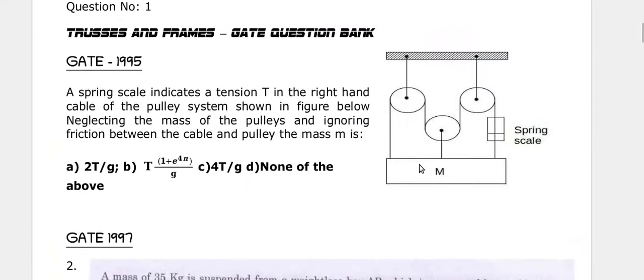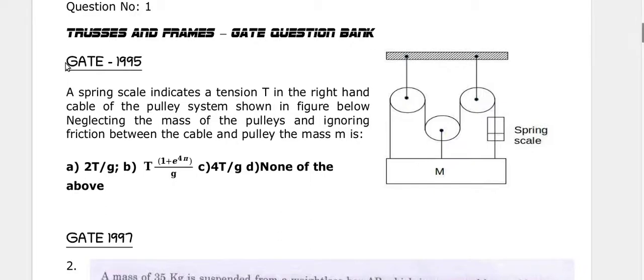So this is the first question from the trusses and frames. We'll start from the older GATE papers, and we'll go into the newer GATE papers up to GATE 2020, because you might feel what is the level of difficulty, the level of complication they have set for us, so that we would expect a few questions in the upcoming exams. Okay, so now we'll go into it.